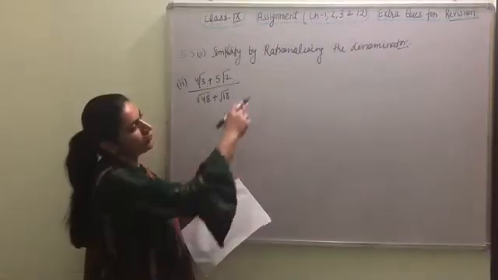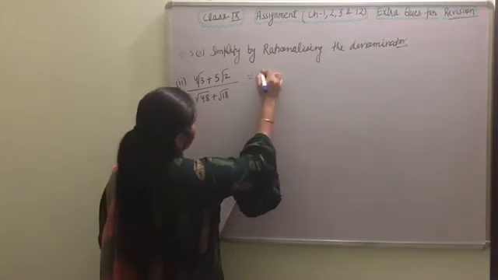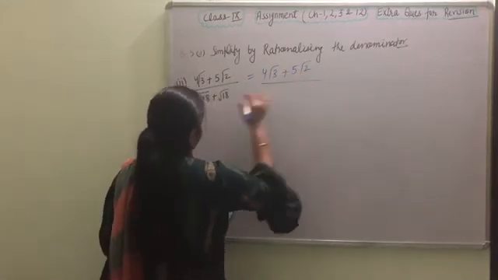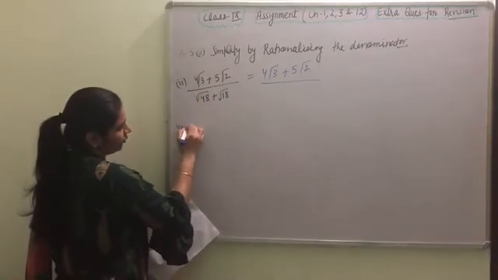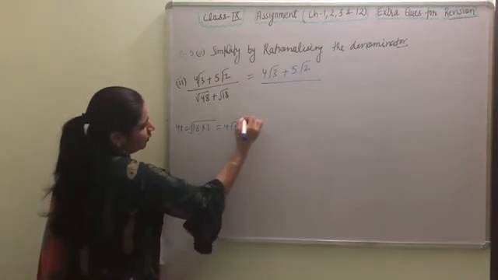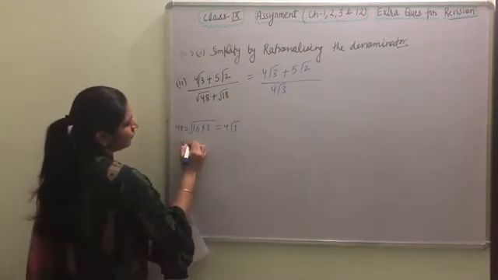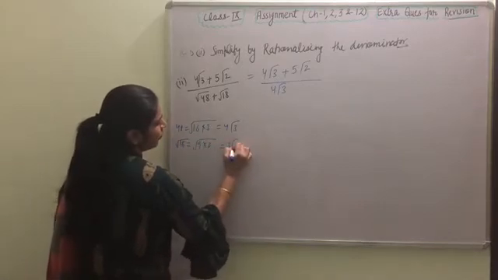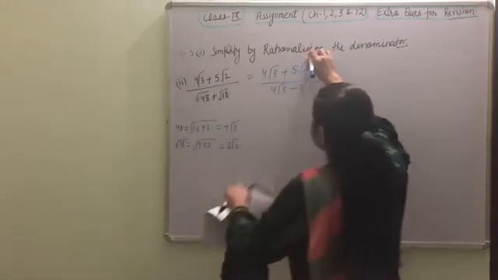Okay, in the second part also we have to rationalize the denominator. This is the given equation. We can simplify this one. 4 root 3, 5 root 2, this is 48. We can find out the factor. 48 is equal to 16 3s, which is equal to 4 root 3. And root 18 is equal to 9 2s, which is equal to 3 root 2. We are simplifying by rationalizing the denominator.